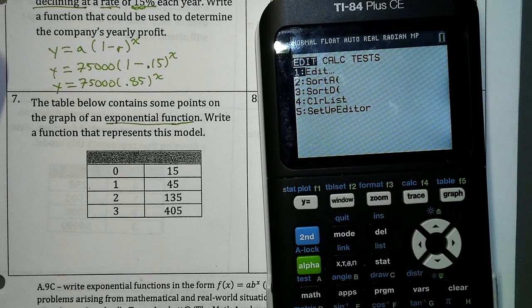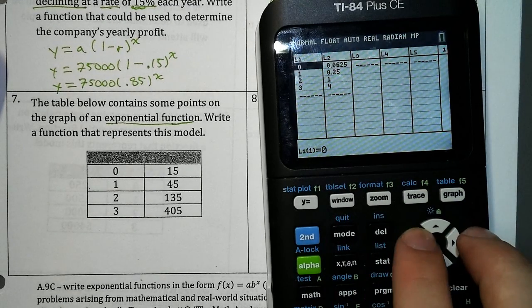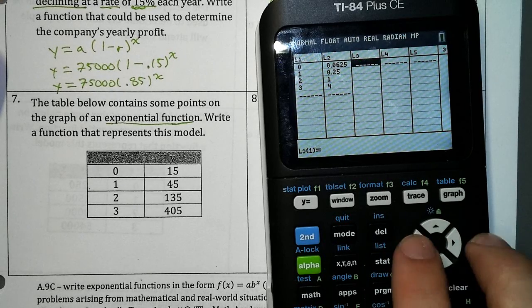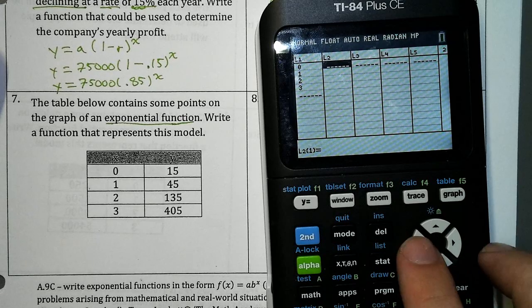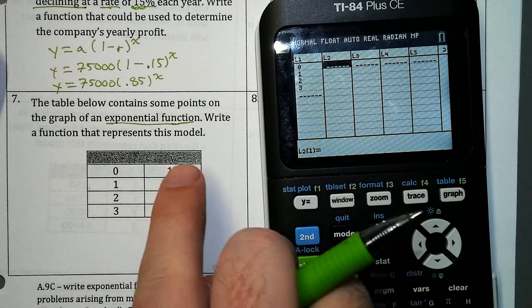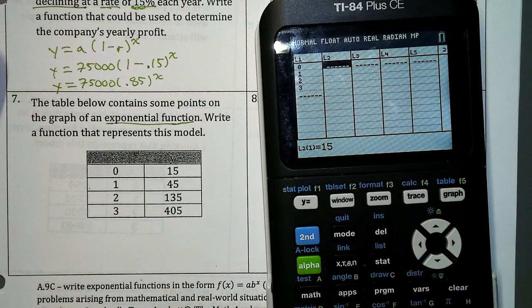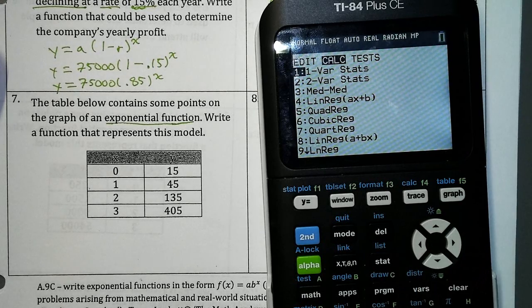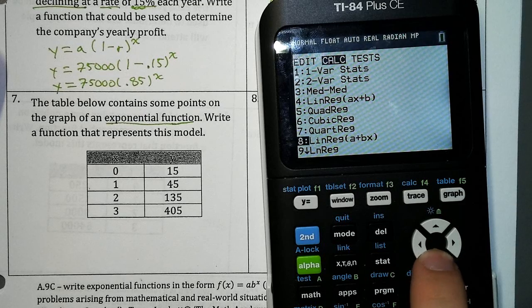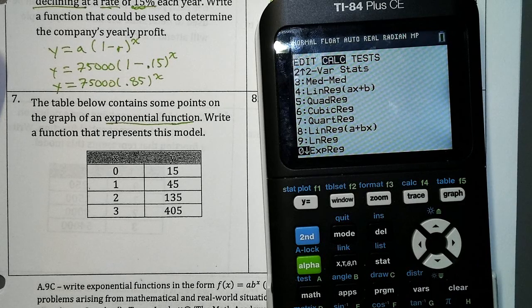We can go into stat, edit, and we can type it in, 0, 1, 2, 3, and sorry, I had an old table on there. So there's our x values and y values, 15, 45, 135, and 405. Now that I have those typed in, you go back to stat, go over to calc, go to number 0, exponential regression,